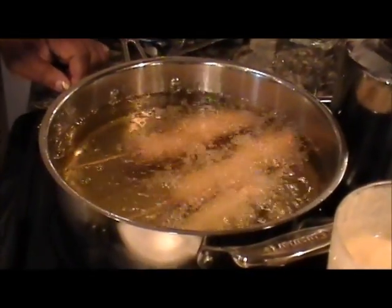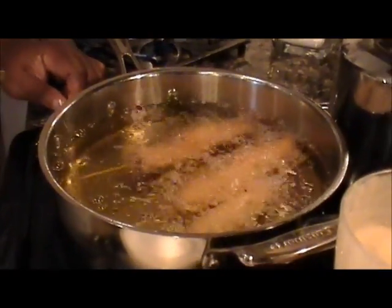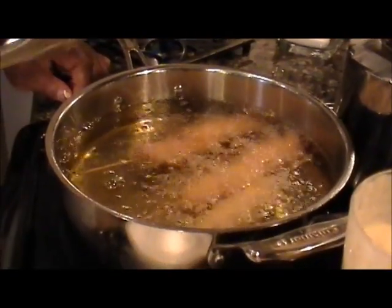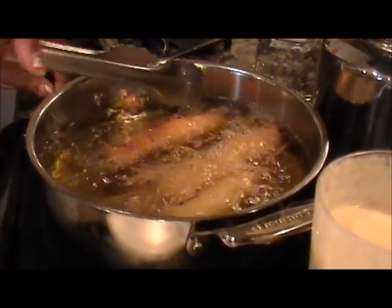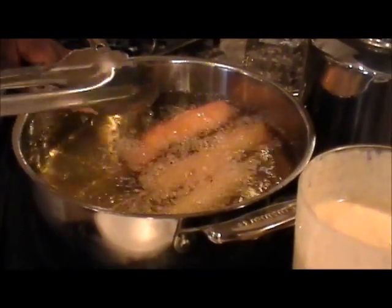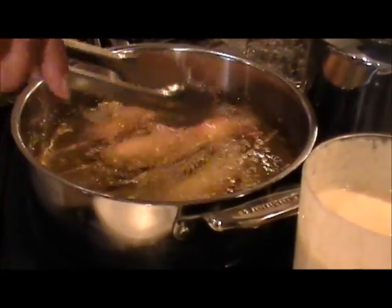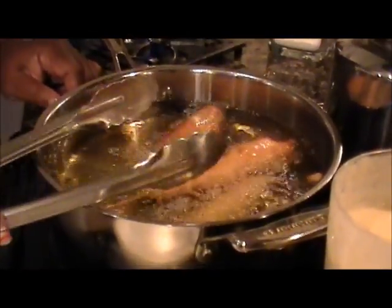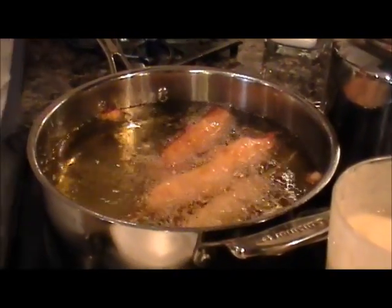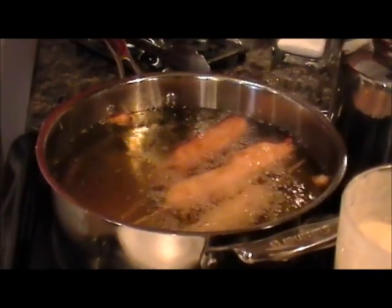Sometimes you may like a little bit more salt. I may like a little bit less salt. You may like a little bit more flour. I may like a little bit more meal. So it's whatever suits you and your household. There you go. And it shouldn't take but a couple of minutes